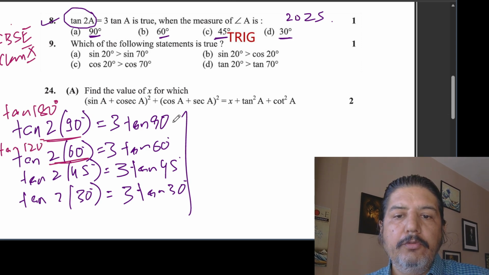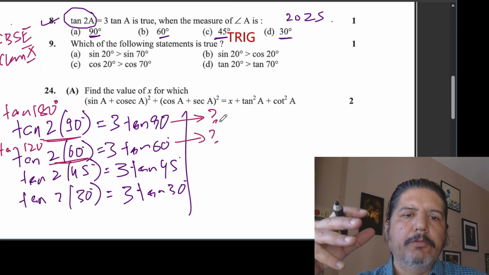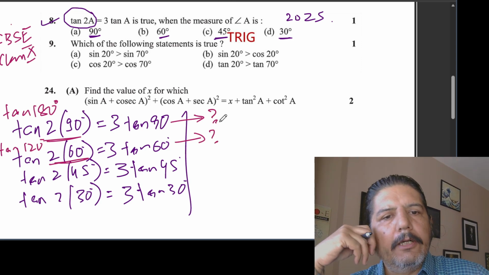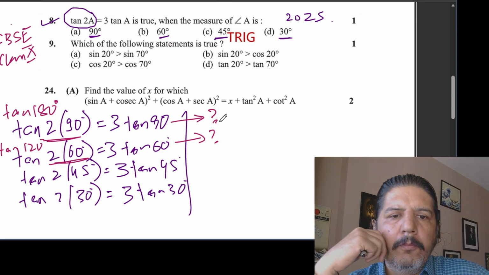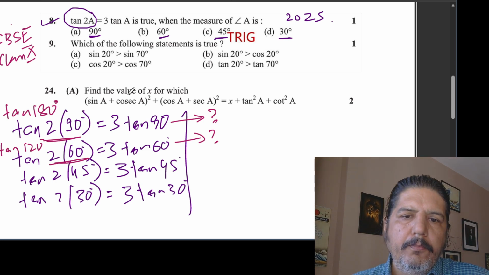So in these two parts, I'm talking about a typical student. A typical student won't understand the value of tan 180, tan 120. He or she won't know. But if you come to part